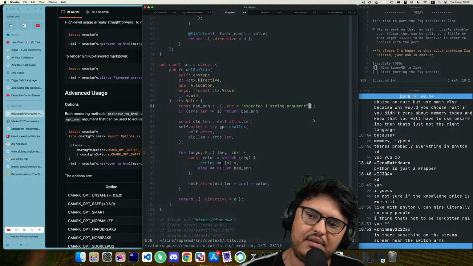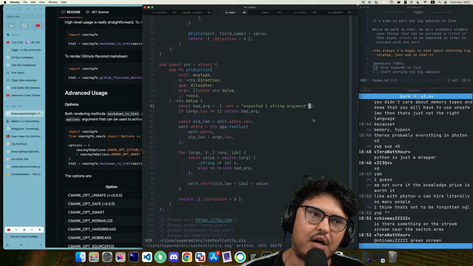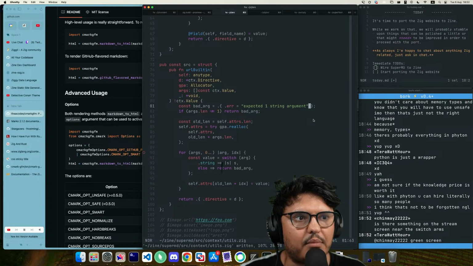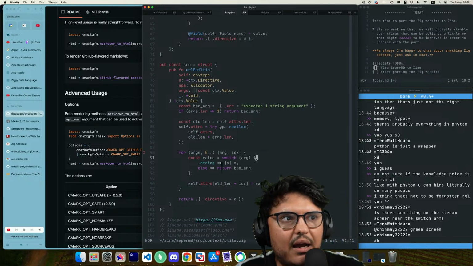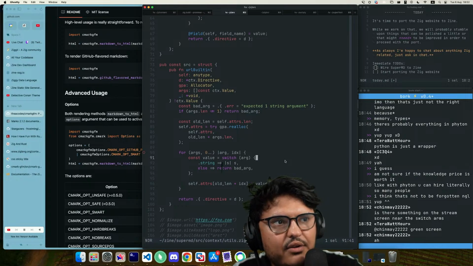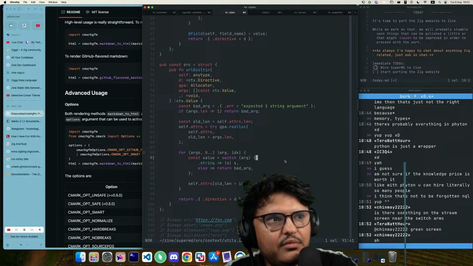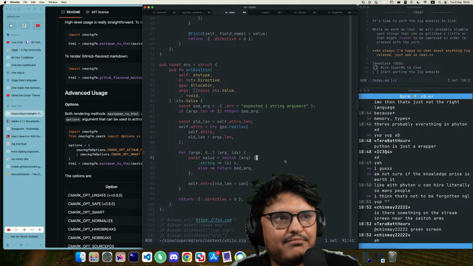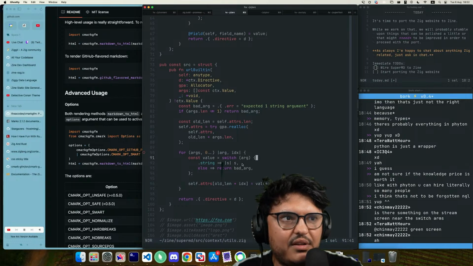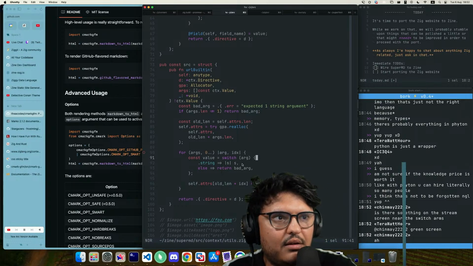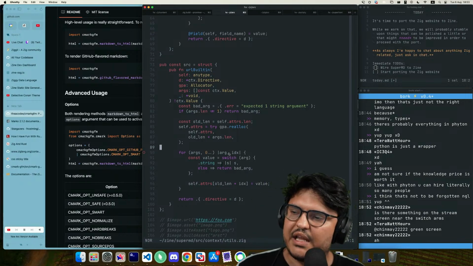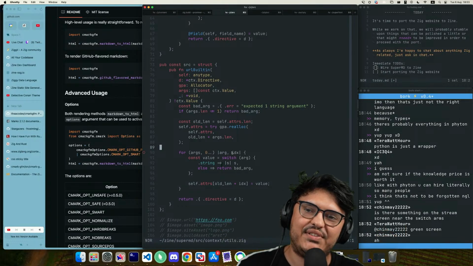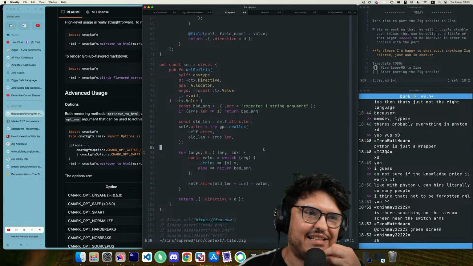Is there something on the screen near the switch arms? Near the switch arms. Here's the switch. Maybe I could have some artifact. I don't know. I don't see it on the preview. No? My green screen... unless you were seeing something here that I can't see in my... yeah, maybe you were seeing something very small that I can't really see from my preview. But yeah, I have a green screen. I don't exist inside of macOS desktop environment.